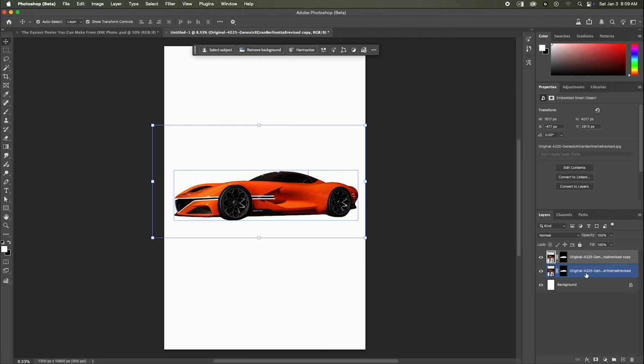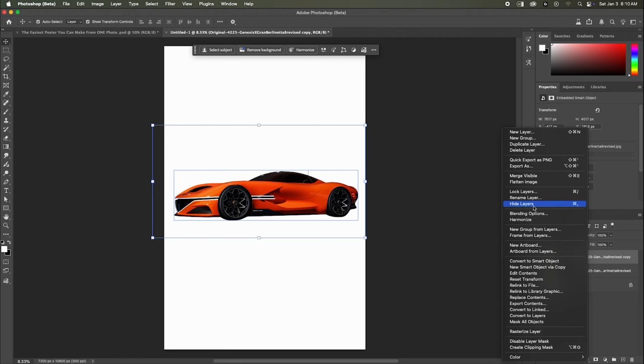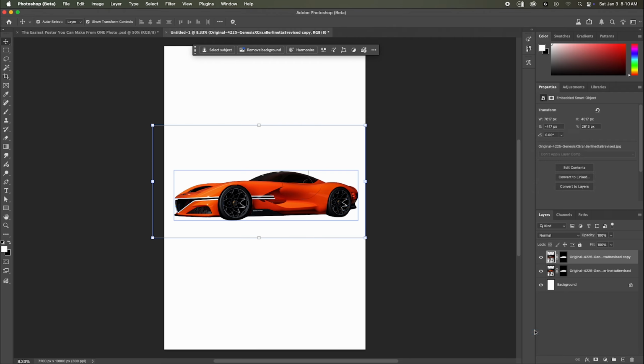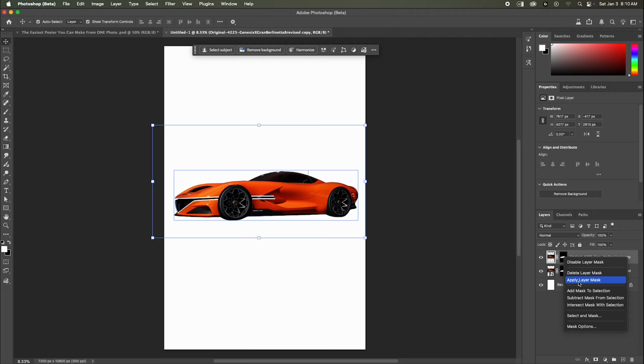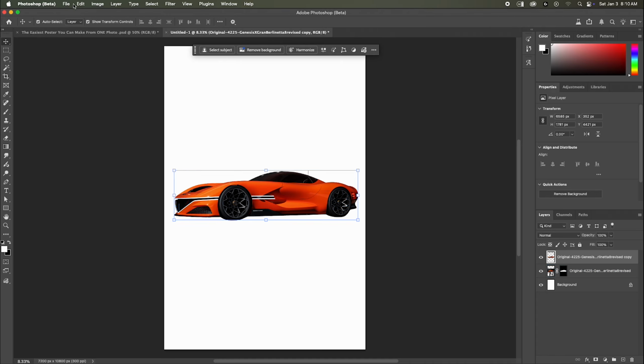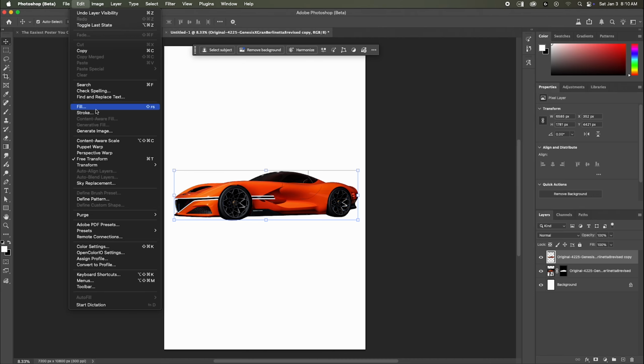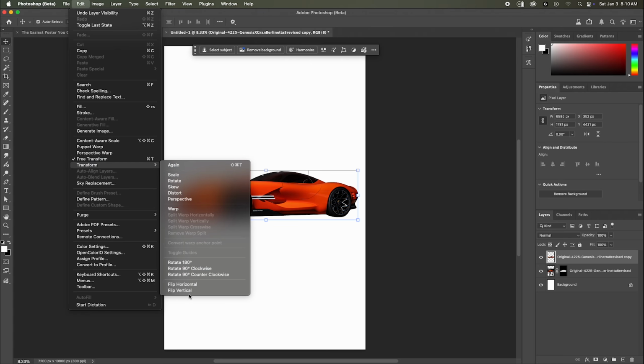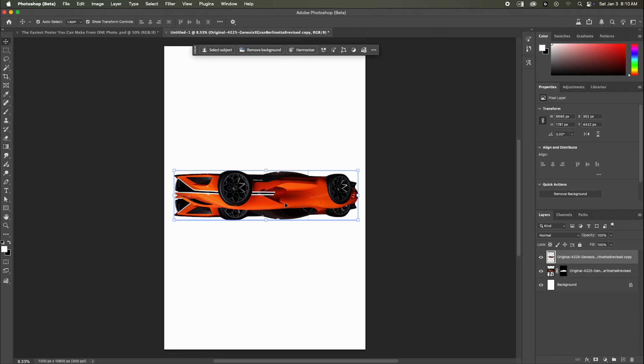And this is going to be our reflection. So you notice that original photo had a reflection in it, but we want to recreate this in a way that we can control it. So I'm going to rasterize this new layer, and you just got to find that at the bottom of the stack there. I'm going to actually apply the layer mask so that I don't have any other factors that are coming into play when I'm manipulating this reflection layer. And then we're simply going to go up to Edit, Transform, and flip vertically, which is going to mirror this